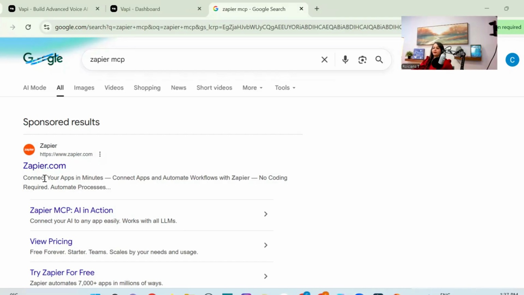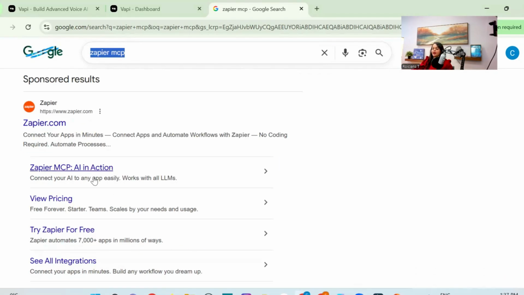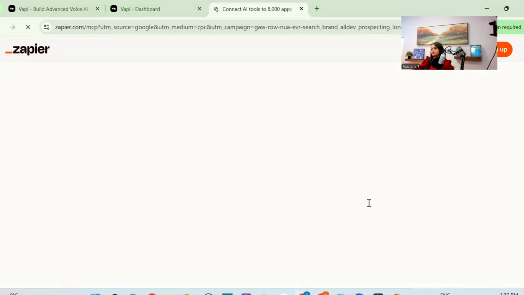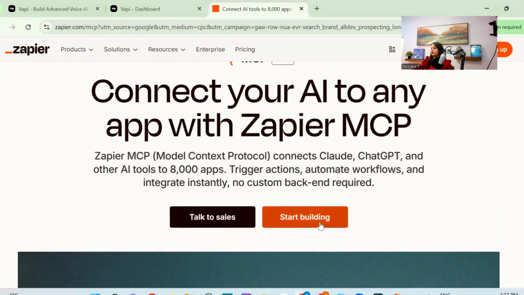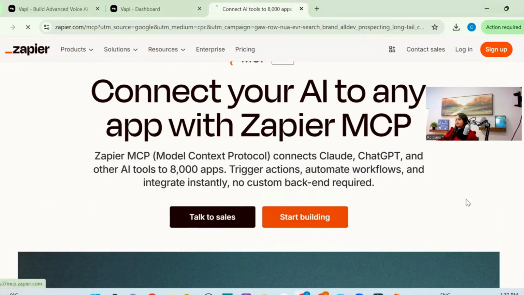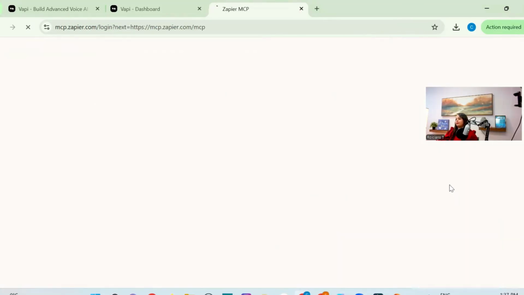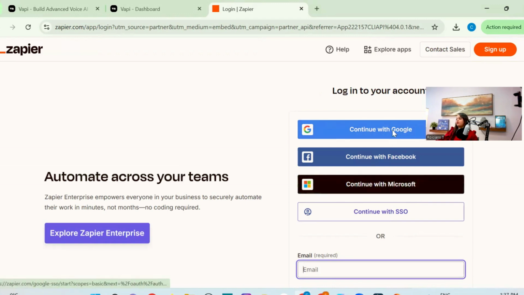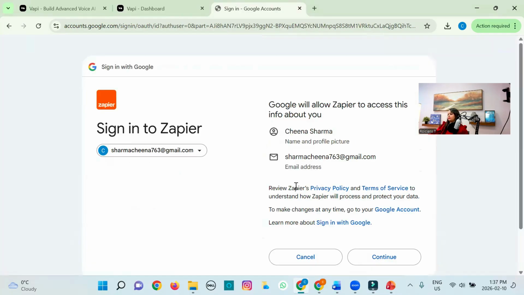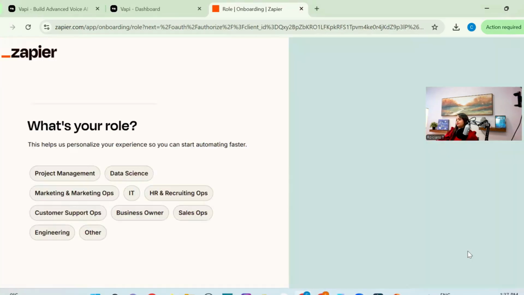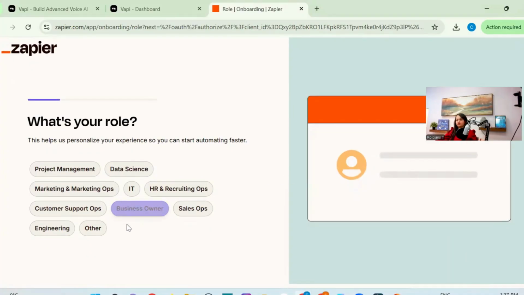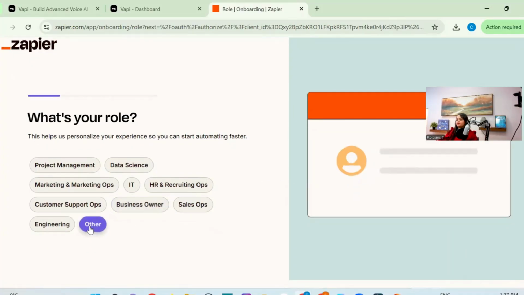So for that, you will be typing zapier.com, that is Zapier MCP. So we'll go for MCP in action. So we'll click on this. So this is your MCP. What we'll do is here, we'll click on start building. The moment you click on start building, it will ask you to sign up. So I'm signing up with Google. After that, it may ask you some questions about your role and all that stuff. So I'm just writing other,